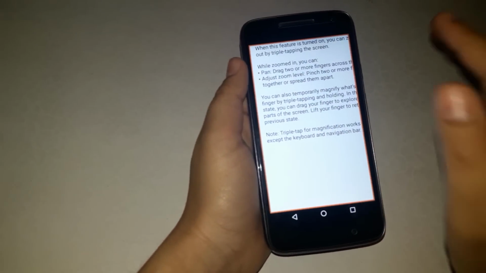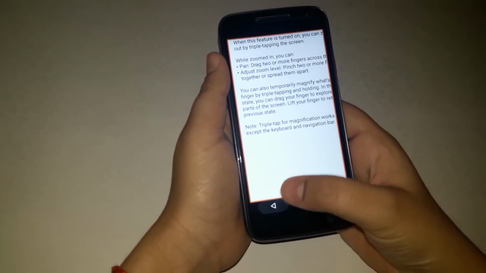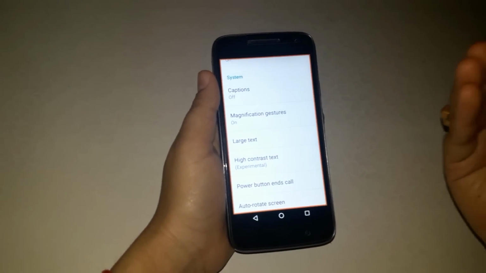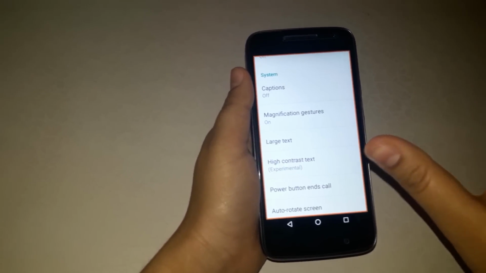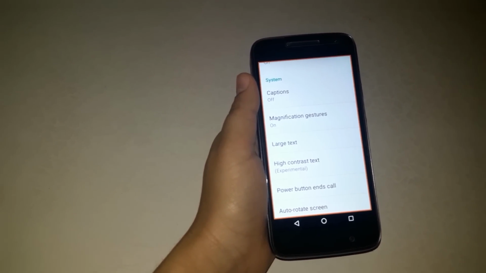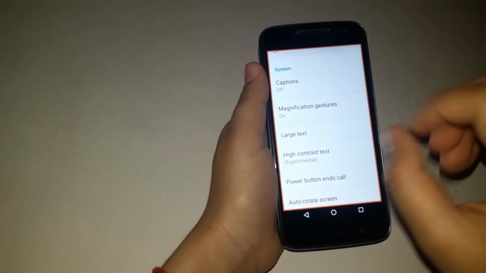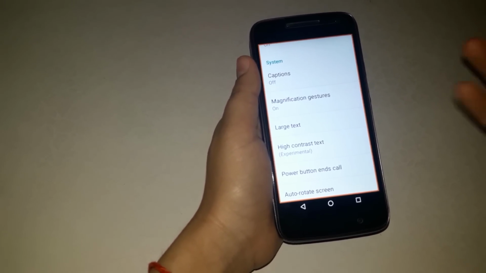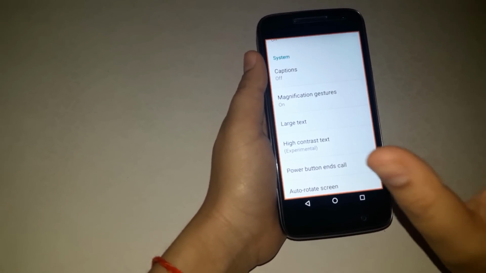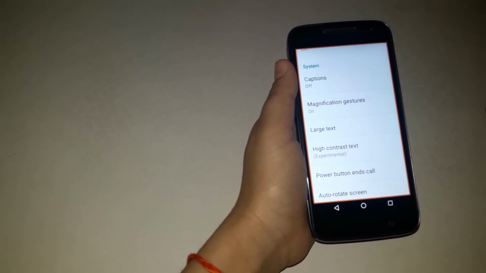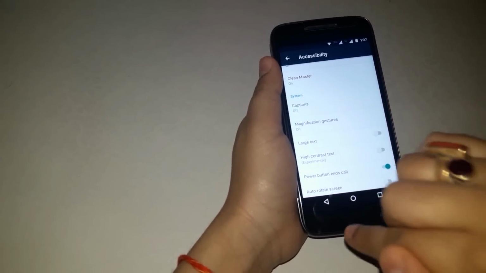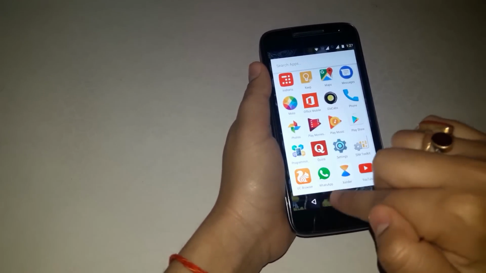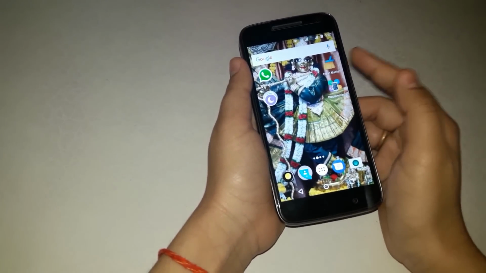This feature is really very important, as I feel, because it helps in sending important notes or important text, since after zooming out, sometimes it gets blurred. So this feature is very good for sending important information. To get back to the normal screen, just triple tap again and you will be back on the normal screen. This is a very good feature, I feel. So this was the first tip.